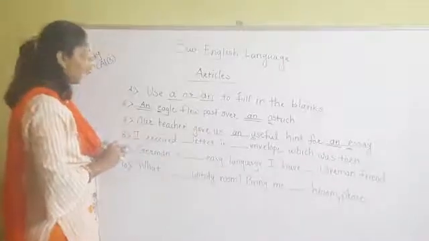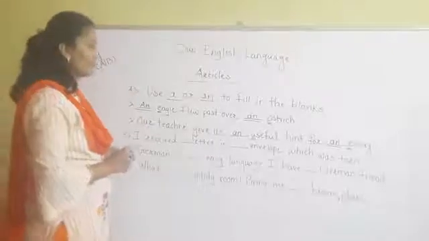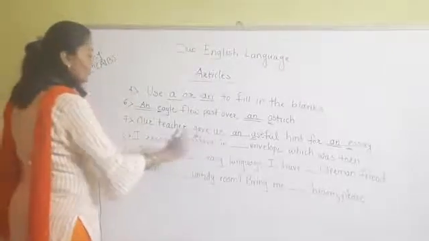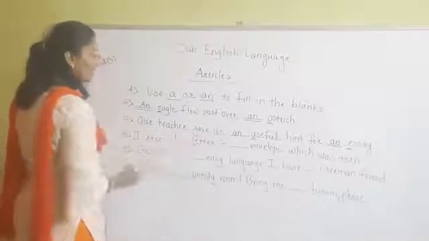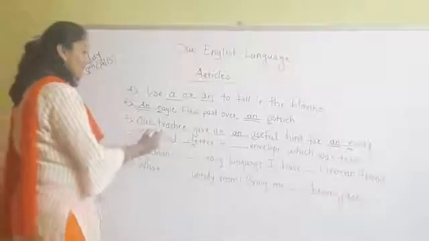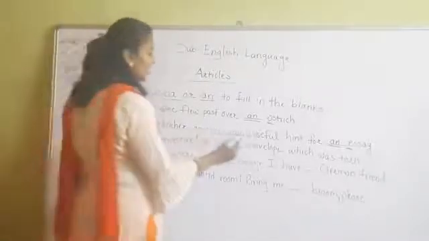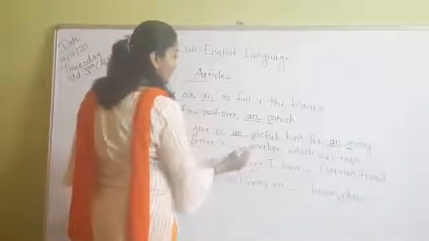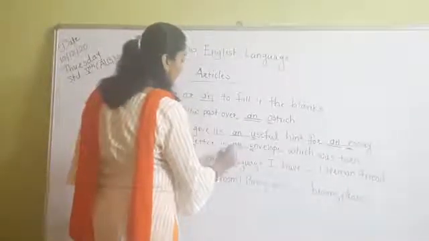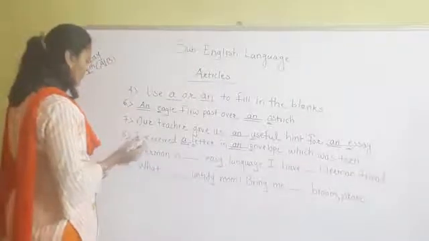Now, I received a dash dash letter in dash dash envelope which was torn. The spelling of letter starts with L, that is a consonant. So we have to write here: I received a letter in dash dash envelope. The spelling of envelope starts with E, so we have to write here an. E is a vowel sound.